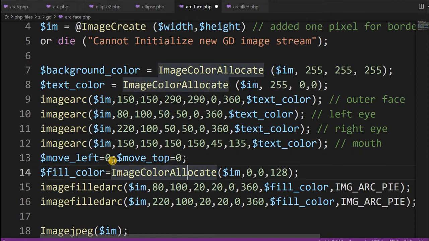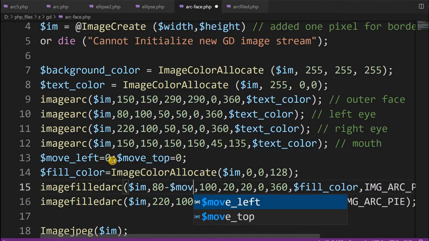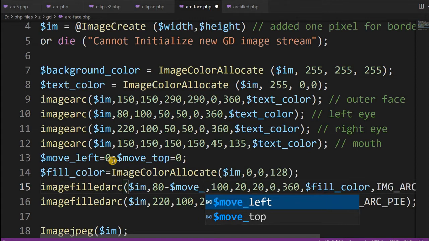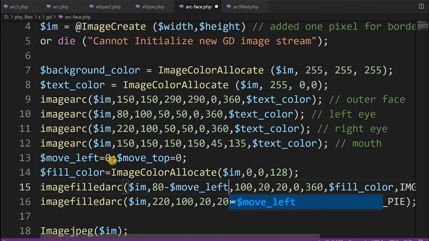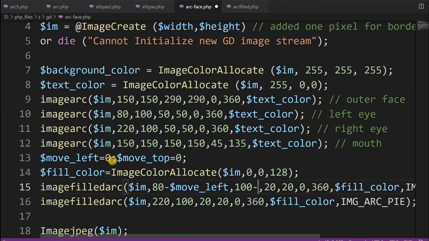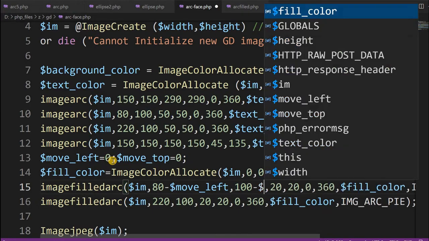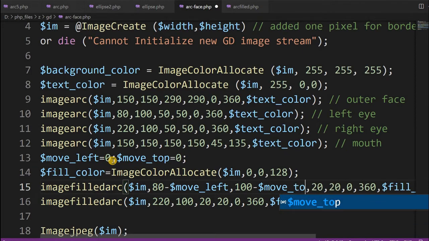Now here, this 80 is X, minus move left. Now this 100 will again be minus move top, because 100 is the Y coordinate.